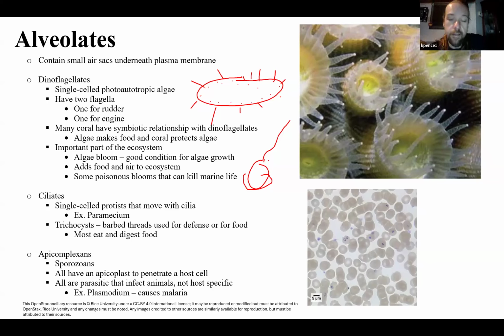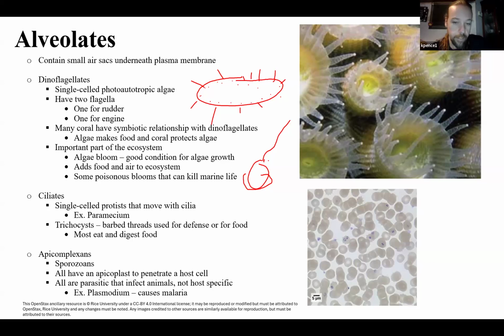Another thing that dinoflagellates are kind of infamous for are these things known as red tides. So red tides are when a lot of nutrients, maybe run off from fertilizers, run to the ocean, and all these fertilizers build up in the pool of water. The dinoflagellates can use those fertilizers, and they grow out of control very quickly, like a bloom. And with that bloom, they start producing a chemical that is toxic to the local wildlife. So with the red tide, it's going to wipe out or devastate the entire aquatic life in that area because of all those toxins produced by those dinoflagellates.